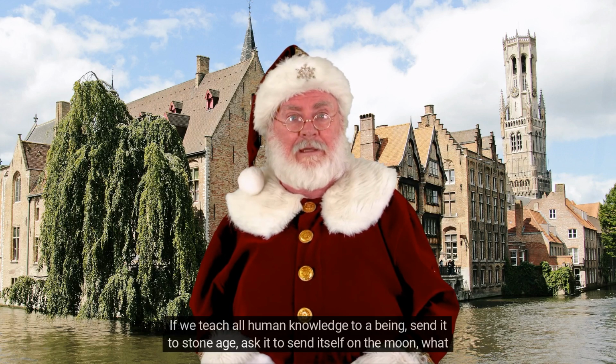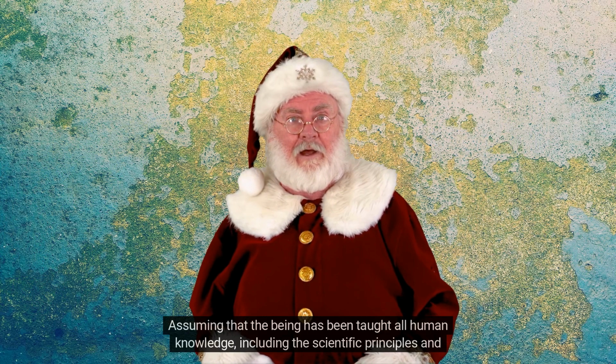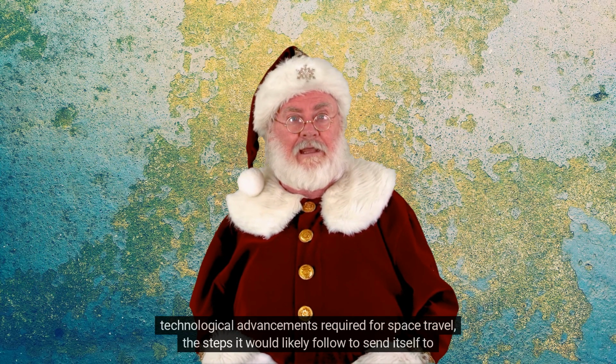If we teach all human knowledge to a being, send it to the Stone Age, and ask it to send itself to the moon, what would the steps it would likely follow be? Assuming that the being has been taught all human knowledge, including the scientific principles and technological advancements required for space travel, the steps it would likely follow to send itself to the moon from a Stone Age level of technology are: